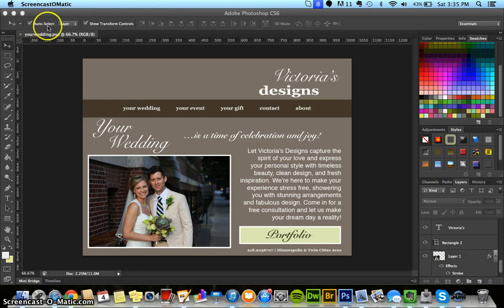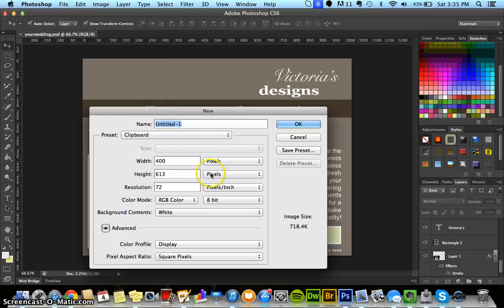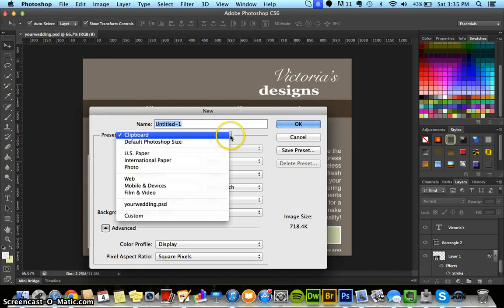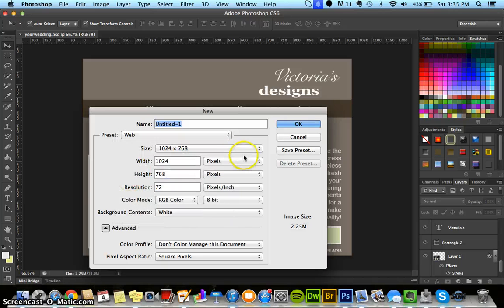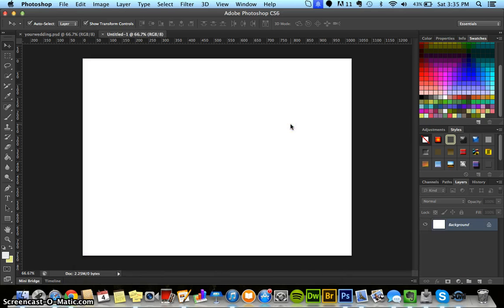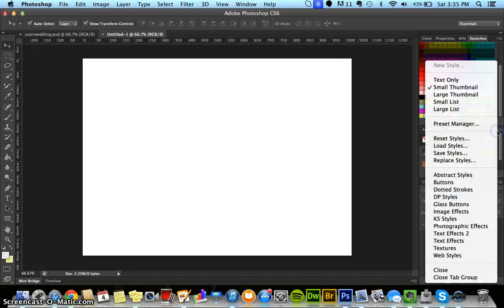So let's go ahead and create a new file, File, New. For the presets, let's select Web. I want 72 pixels per inch, and make sure you don't color manage this document and hit OK. The first thing that I want to show you, I'm going to hide that,